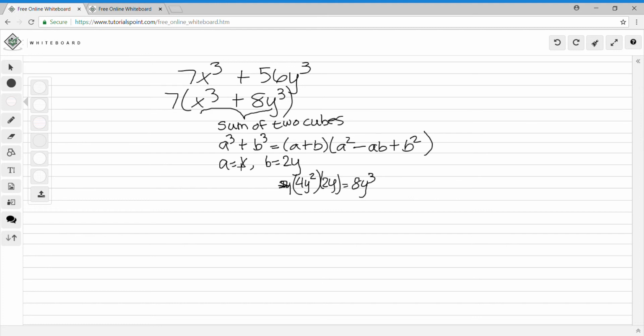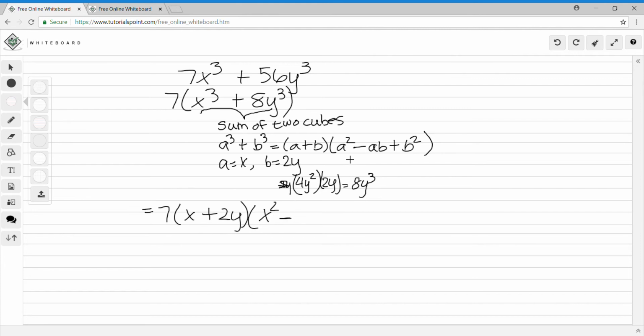So if we know our a's and our b's, we just have to put it in this part because we already have this part, the x cubed plus 8y cubed. So don't forget about the 7. So it's going to be 7, and then we said our a is x, so I'm going to put it in this equation. A is x, and plus b, which is 2y, because that's our b. It's just substituting. And then a squared is x squared